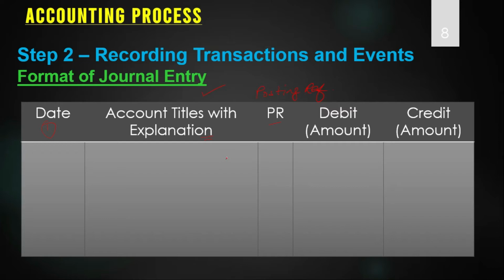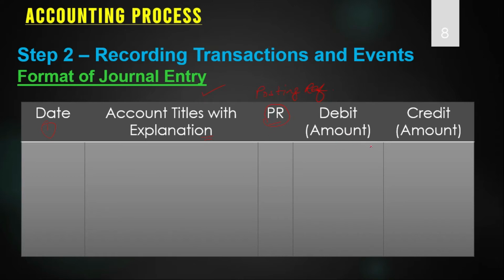After the journal we need to make the ledger. We shall discuss in the next class how to post from journal to ledger. So any account which has been posted in ledger, the page number of that account in ledger is written. Actually we are learning the preparation of accounts, so we don't need this column to be filled. We can create the column but we shall leave it blank if no information is available. This is basically used when you are in the actual field of accounting.